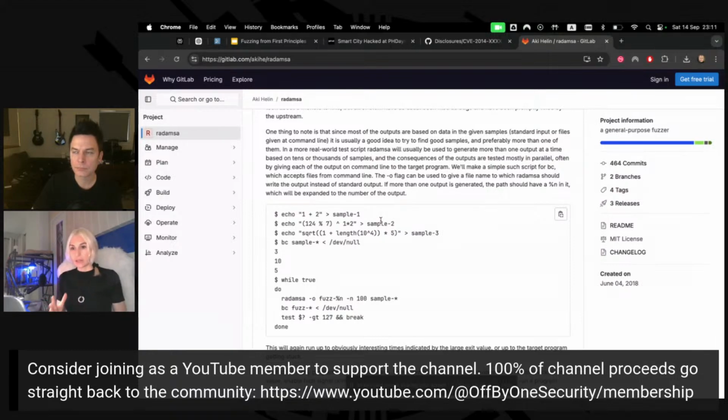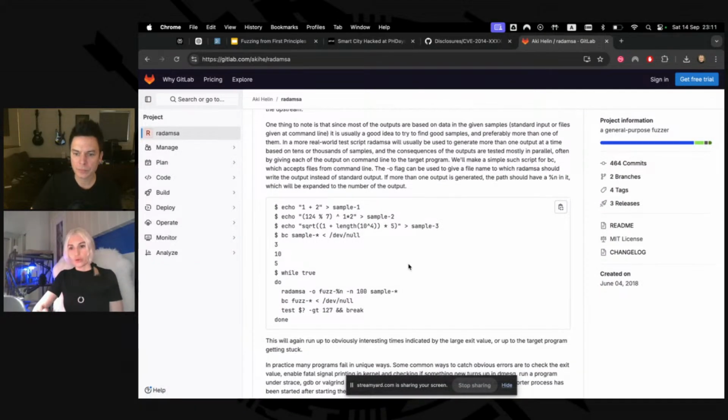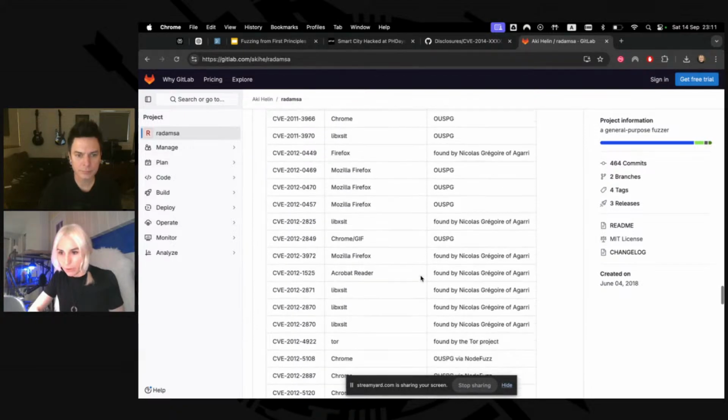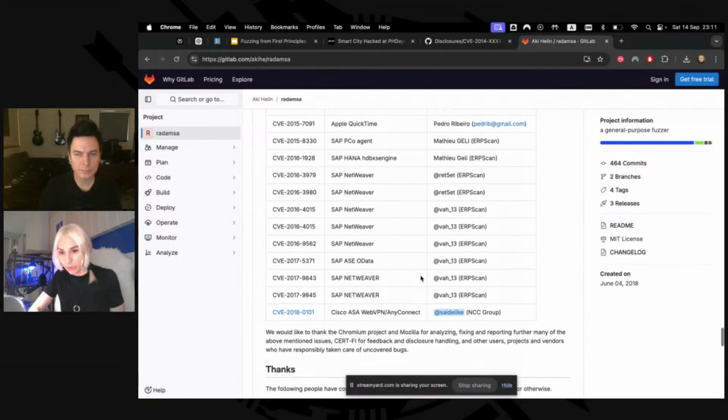Radamsa doesn't have this limitation because it has mutators designed to work with strings, like taking some string from the inside and putting it elsewhere in the file, or putting some additional values into it. I don't remember exactly which mutations they were, but the variability and scope of those mutations was quite powerful, which is why there is a very good list of bugs that was found with radamsa.